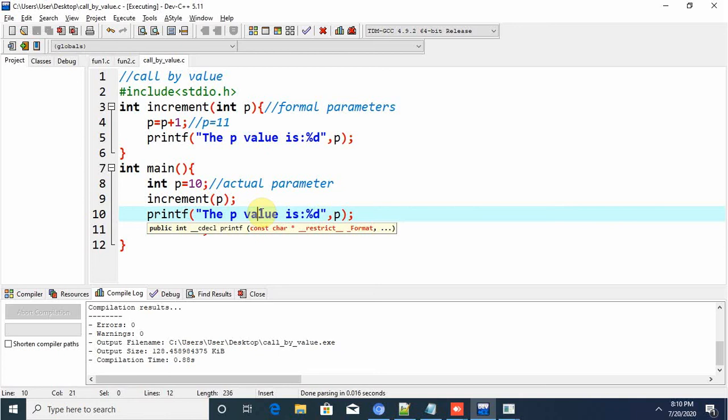So if you want to define a statement for this, you need to compare the actual parameter and formal parameters. You should say like this: actual parameter does not get affected in call by value. But in case of call by reference, actual parameter gets affected.